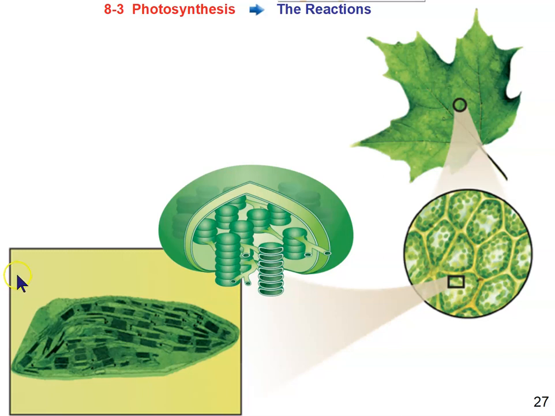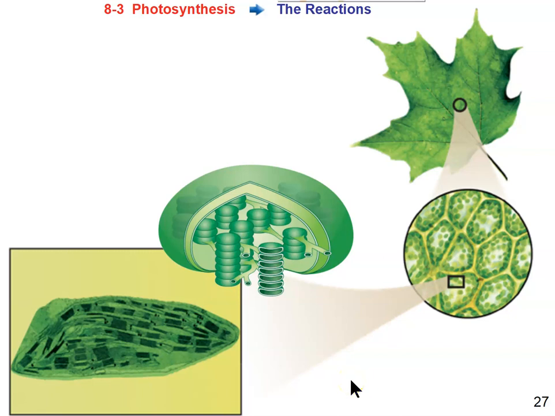All right, if you'll recall, last time we were looking at what chlorophyll can do all by itself, how it's able to absorb energy and release that energy, and how it involves the excitation of electrons. And those electrons are key to what happens during the light-dependent reactions, and we'll be looking at that in greater detail today. But again, to orient you as to where this happens within a plant cell and more specifically within